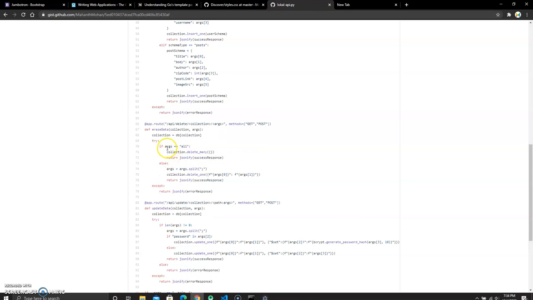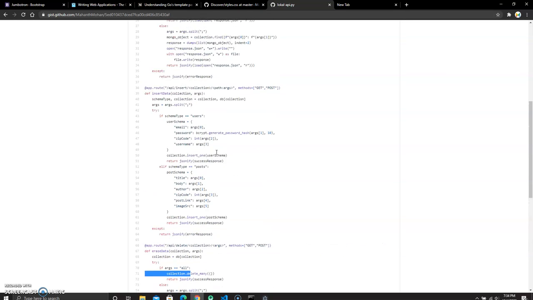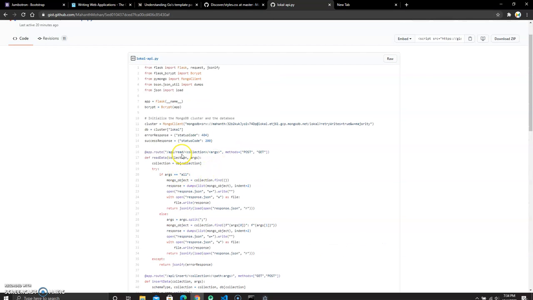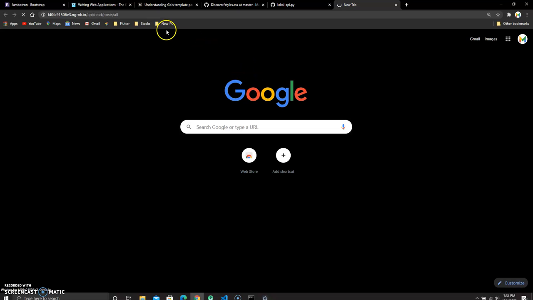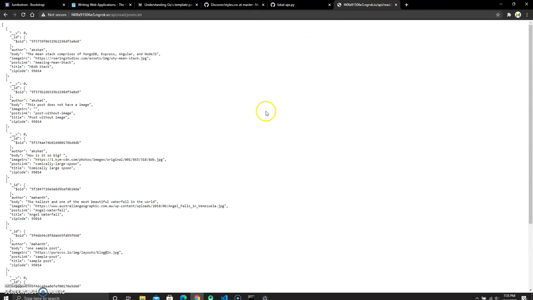Now, if you're wondering where this comes from, now you can see here. All args equals all, then it's going to delete many. But here I'm going to read the file from the database. So it's just going to return me a list of all the users in this particular database. It's taking a while to show me the response. Yeah, now